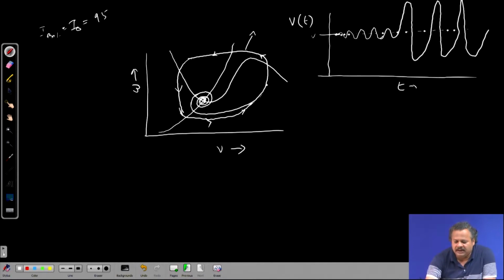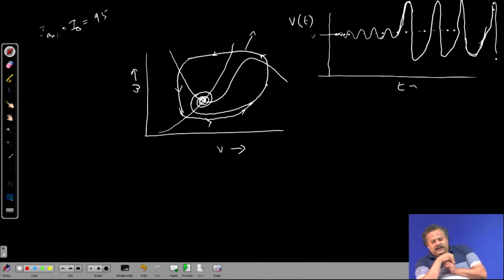Since it repeats the same trajectory, it is oscillating. Again, all these oscillating curves are going to be identical to each other, in the sense that they are repeating the same curve all along. This kind of behavior is what we call a limit cycle,